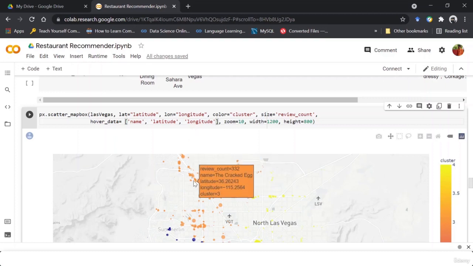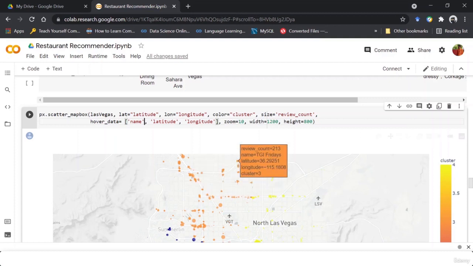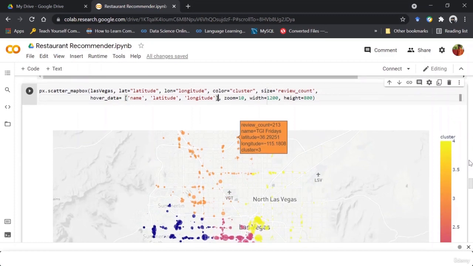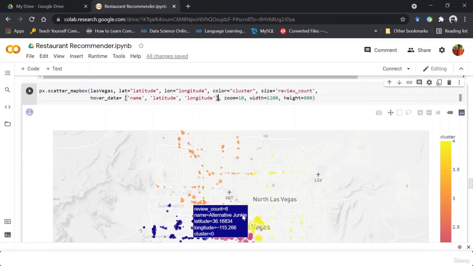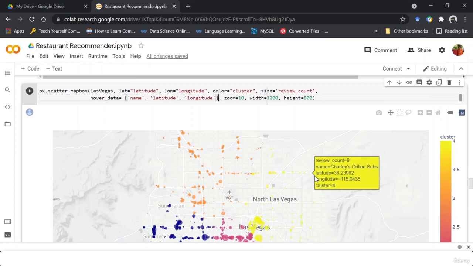But you can now see that even the name is present, that is Cinnaholic, or maybe Boogie's Bars and Grills. So that is what I was talking about, that we can even visualize more, even input the HTML part and give more details about the points that we have marked on this map.